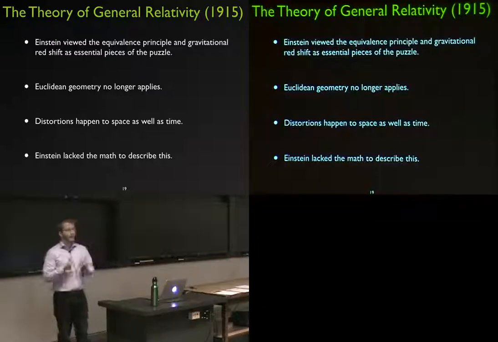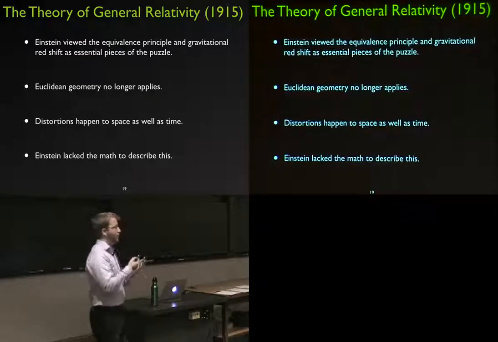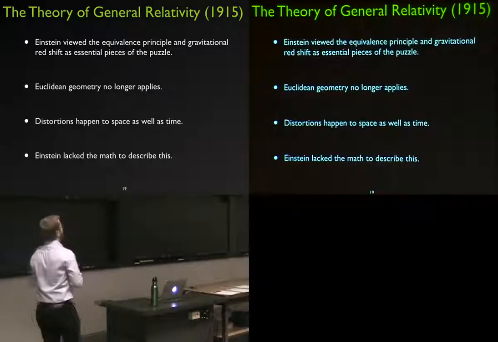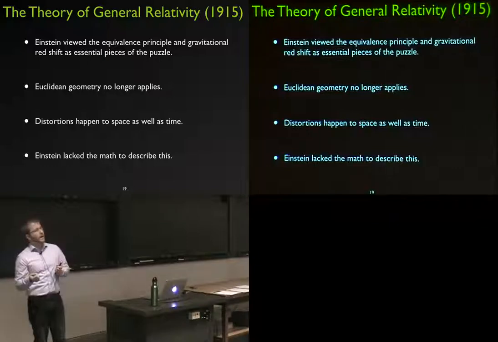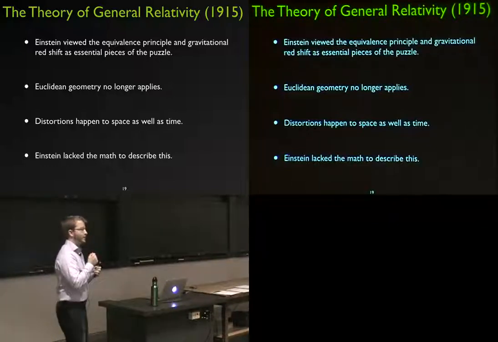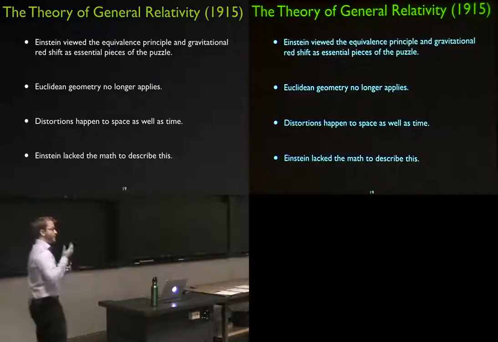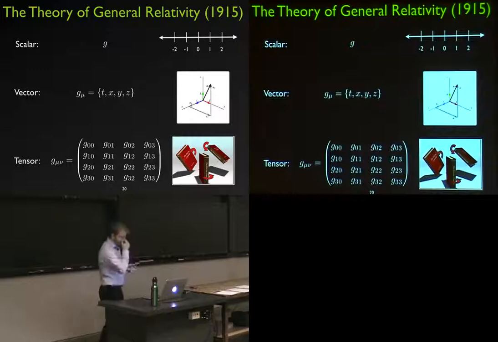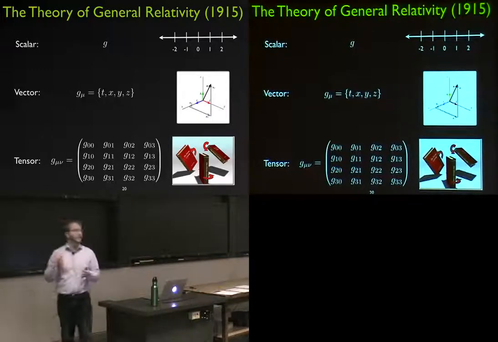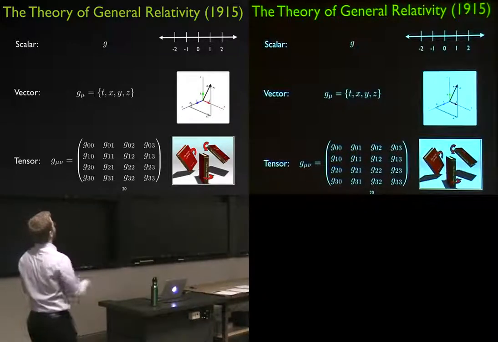And it wasn't until he talked with a bunch of mathematicians, some of them working on things that were called Riemannian geometry and Riemann curvature, and covariance, and these ideas in differential geometry of non-flat spaces, that it really started to make sense, and that he started to pair together this math with the physical intuition that he had. And so he moved to this tensor description of things. What a tensor is really is a bit abstract, but I'll try to illustrate it here for you.